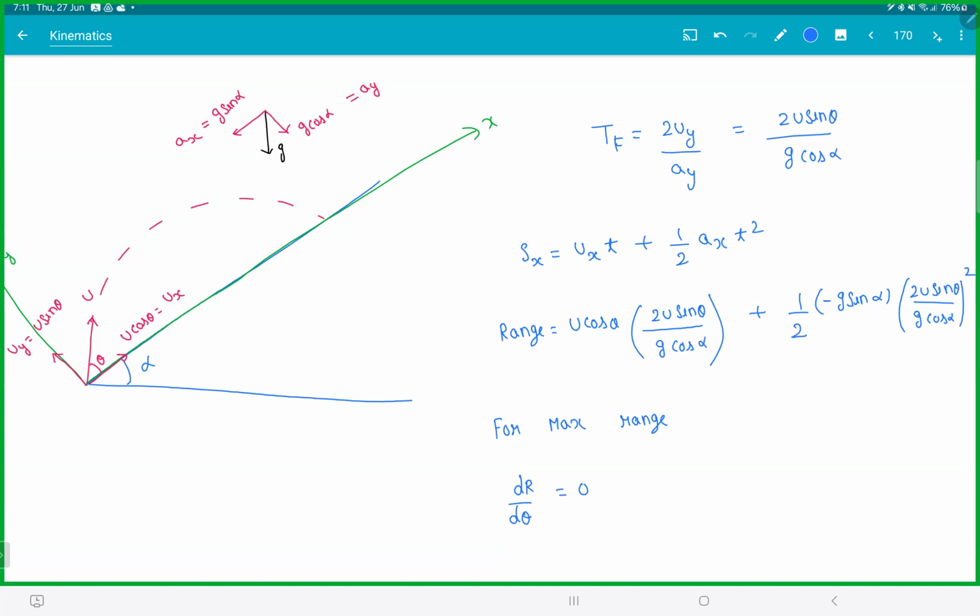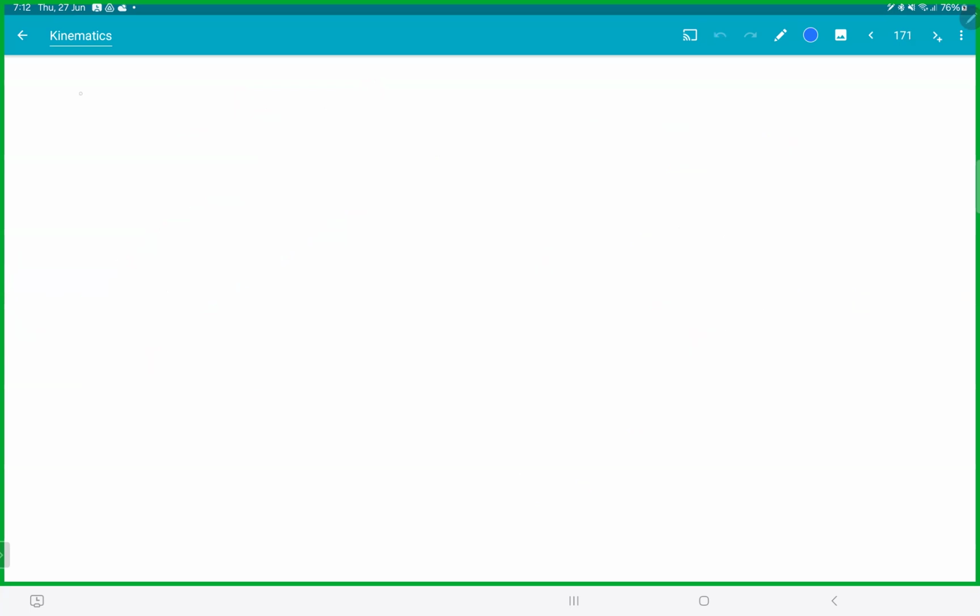Do you have a look at this? Clear? Now, when you do dR by d theta, we can differentiate this. So you will get something. So you will get the answer is this. So you get two cases actually. So you need to mug up these cases. In the exam you won't have time to derive this. So for the maximum range on an incline,